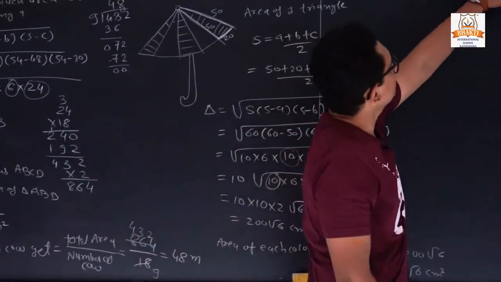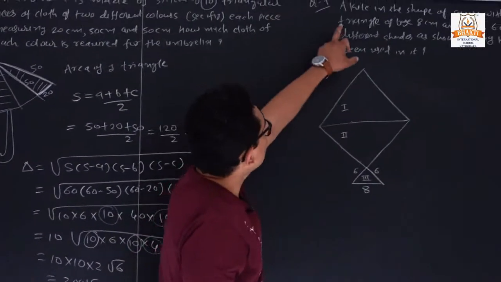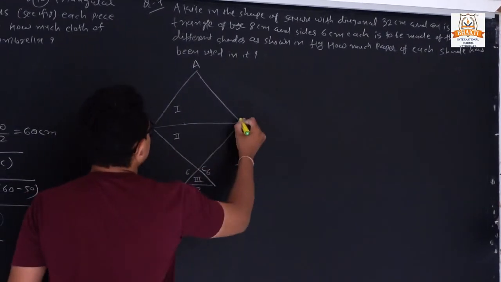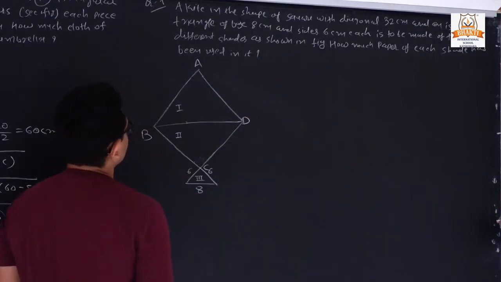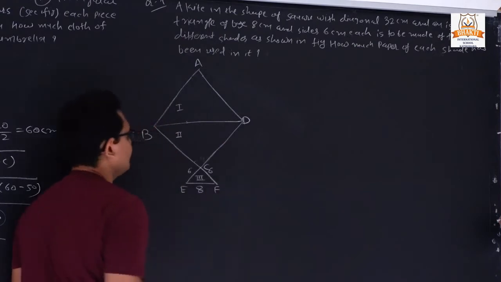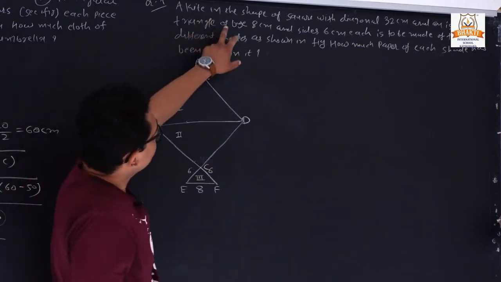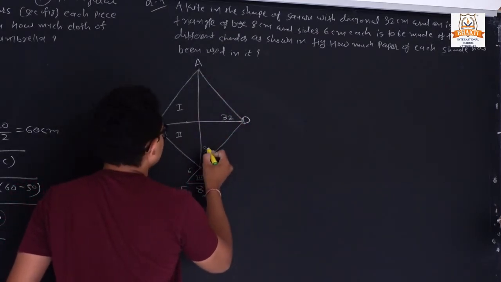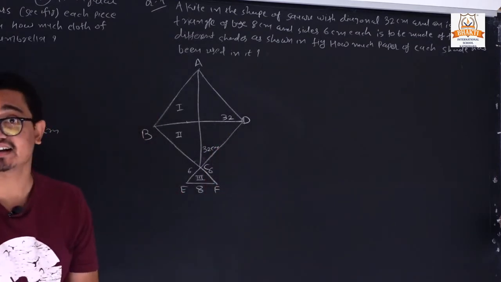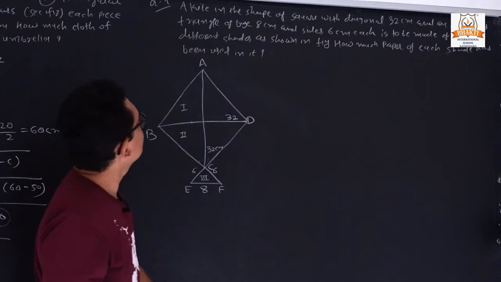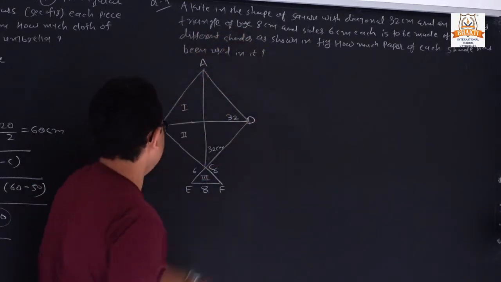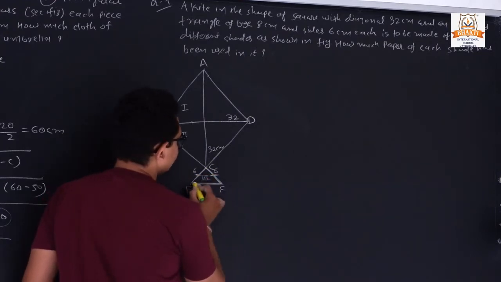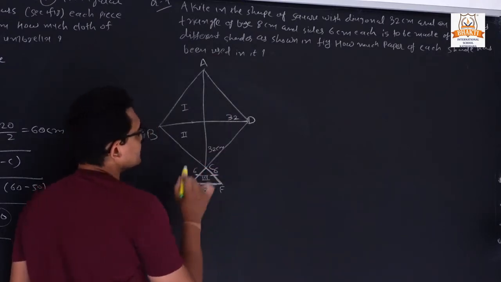Now the next question, question number 7. So a kite in a shape of square. So it is square, we can give its name A, B, it is C and it is D. Here we can also give its name E and F. Shape with the diagonal is 32. So this diagonal is 32 centimeter and this is also 32 centimeter. Both have a same measurement because in a square both diagonal have the same measurement. And isosceles triangle have the base of 8. So it is isosceles triangle. Isosceles means what? Two sides are same and base is given 8 and sides both are 6 6.